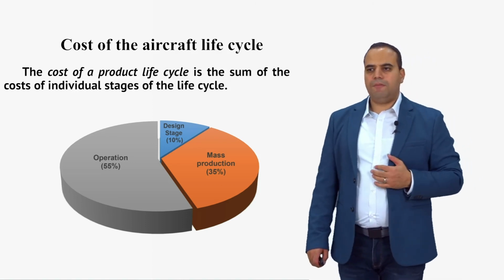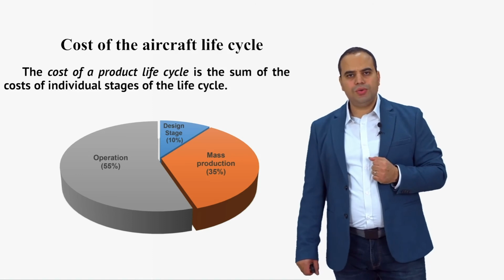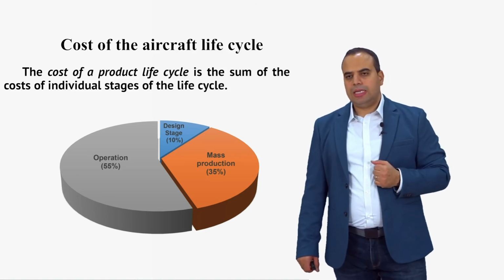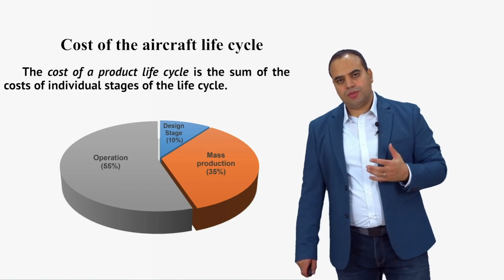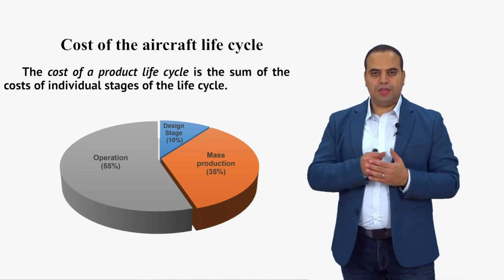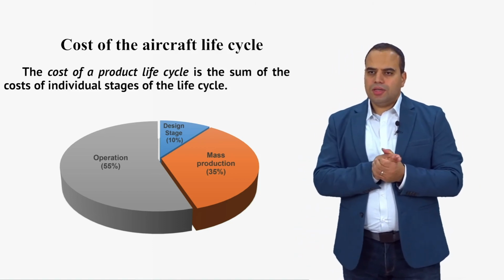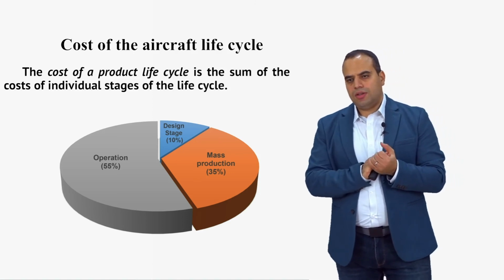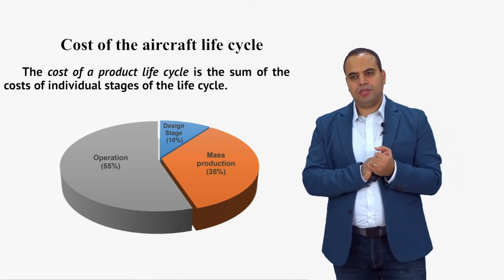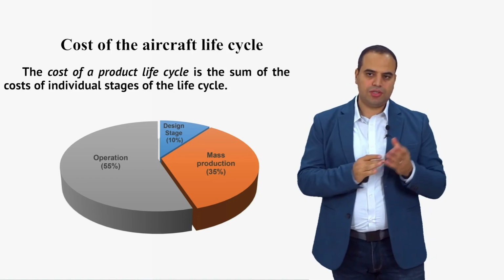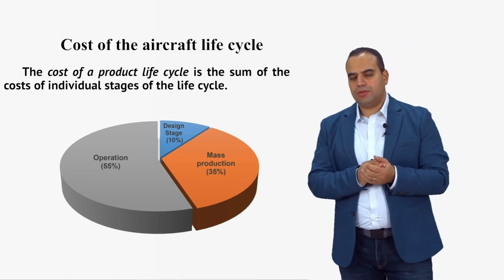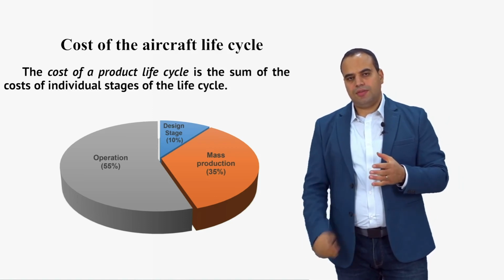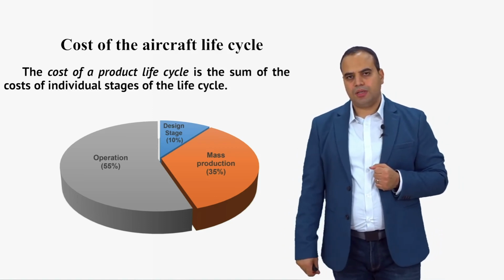quite a new level of performance, or, for example, a new type of aircraft, or an aircraft that is designed in order to create a new level of competitiveness and so on. So the design stage nowadays and the research and development can consume even more than the mass production of the aircraft, because it takes quite a lot of work from thousands of engineers in order to have this kind of over-engineered